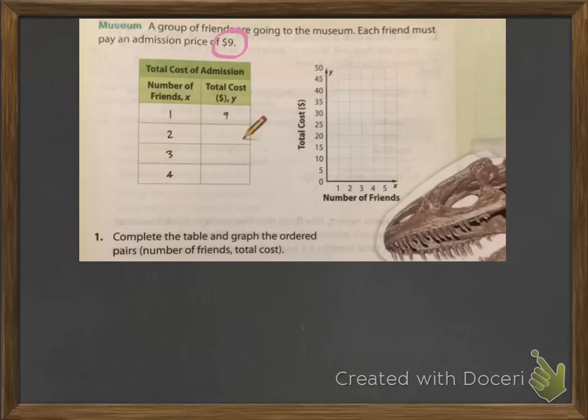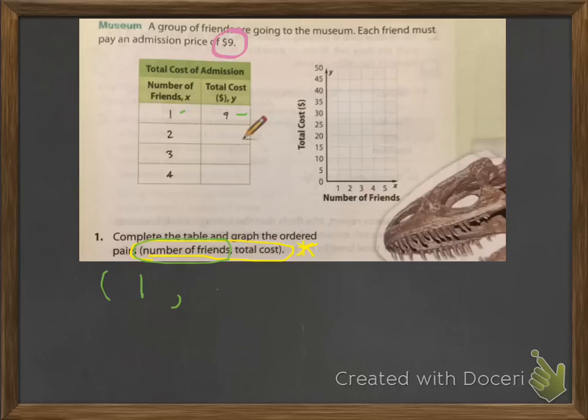Now before we get started, I want to point this out right here. Number of friends, comma, total cost. I'm circling that because that is super important. When they give you that information in parentheses like that with a comma, they're telling you that's the order it has to be in for your ordered pairs. So one person is going to cost $9. See how you have the 1 here and the 9 here? So it's going to be 1, comma, 9 because number of friends